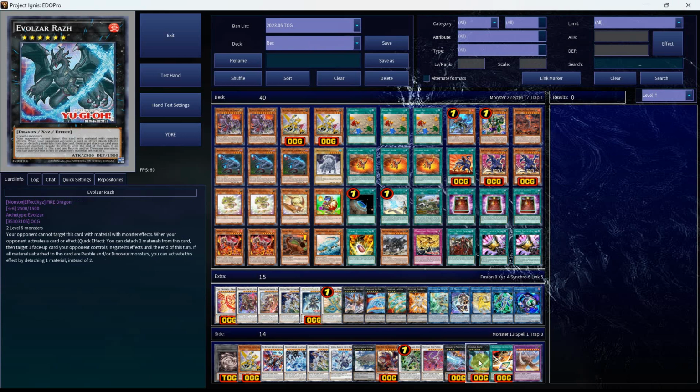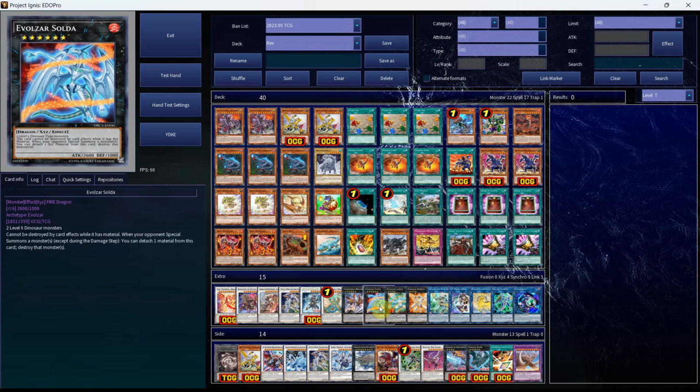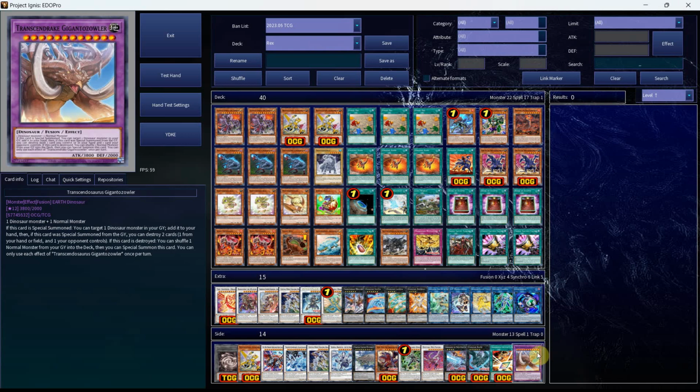I would also like to talk about the Transcend Drake, rank 6 over the Volzar Lars or Roz, and it's just because being able to get back your Misk is a lot stronger in my opinion. We do still play the Solda, and it's just because it's an extra pair of negations. You'll see that the Transcend Drake Fusion is also another option that you can play because we do technically play the stuff for that, but it's just extra deck space, and playing the Crimson Dragon is the reason why I